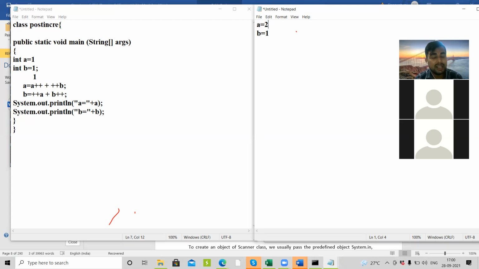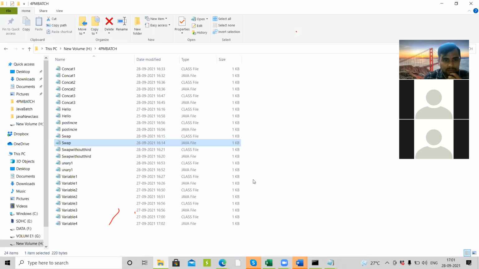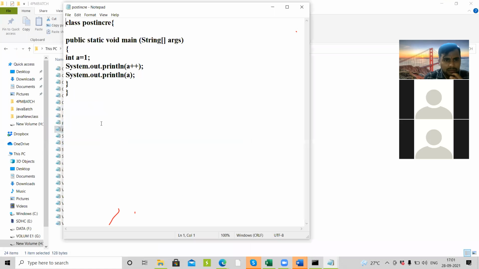Got it? That's why in the next line we printed the A value, we were getting 2, but in the first line we got 1 in the last program. If you go back to the last program we have done, here we were getting the output 1, and here we got 2.